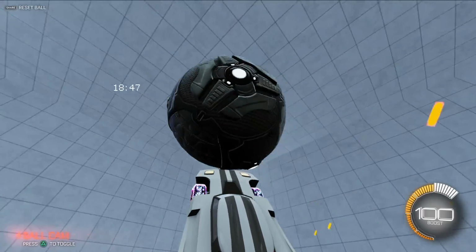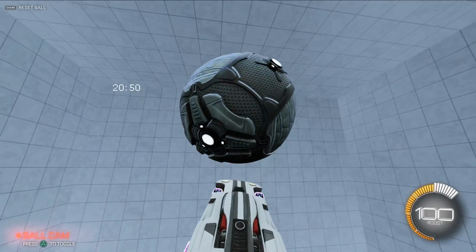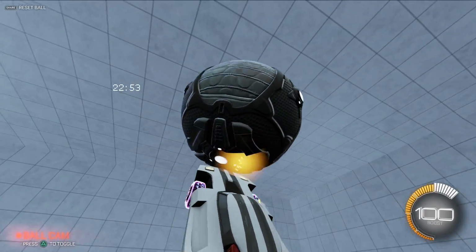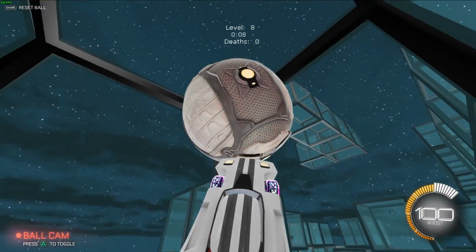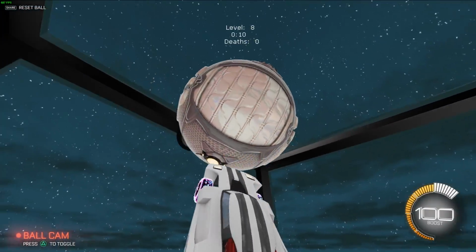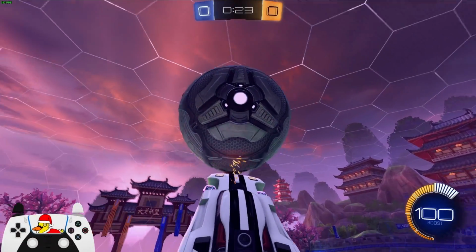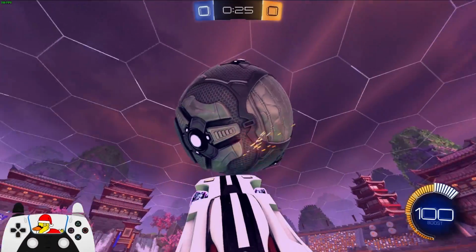Eventually, you'll get to the point where you can hit the ball's center of gravity without having to push the ball in a horizontal direction. Level 8 of the air dribble gauntlet is a great place to practice lift once you become more comfortable with this technique. When learning how to do this, there are common mistakes to look out for, a big one being